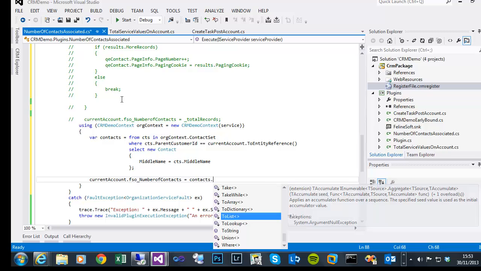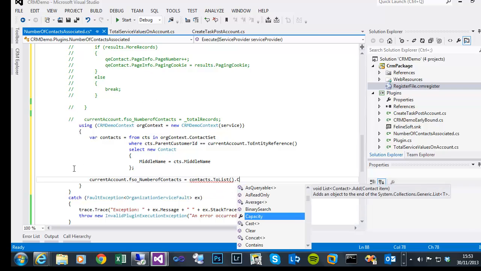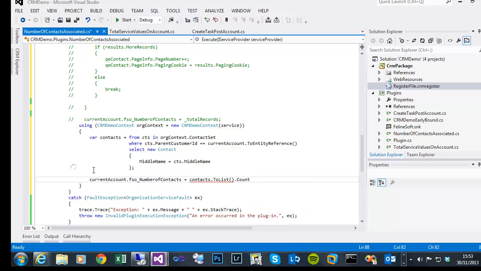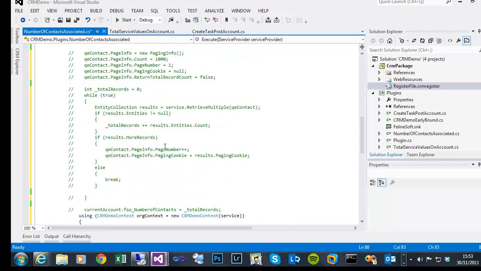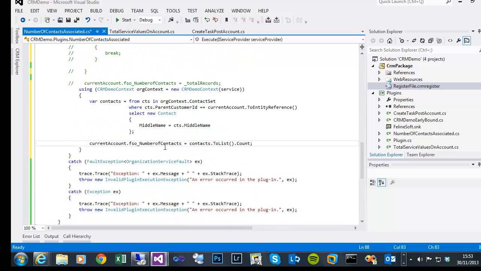I typically would create a list, use the ToList method, and then that does have a count property. And that should be the equivalent of having to iterate through and create these paging cookies and so on. The link provider handles that all behind the scenes,